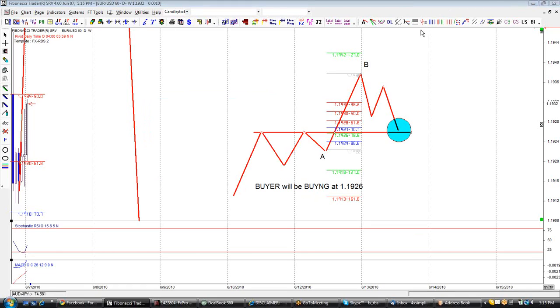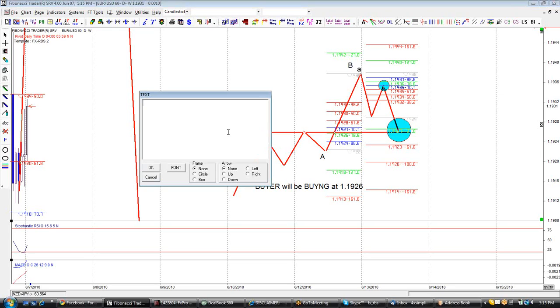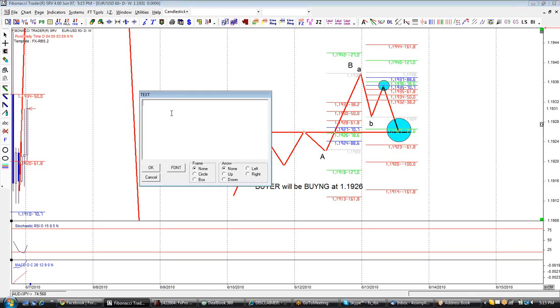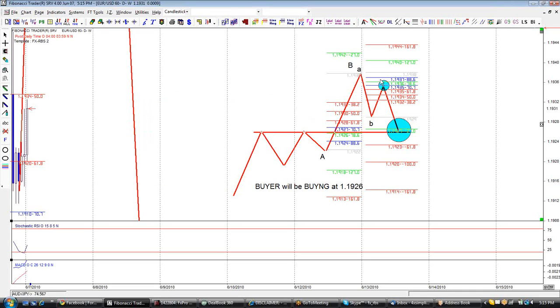Now let's think as a bear. A smaller intraday trader, let's say, shorted the market here. He has a small sub-swing, a small A. Here we'll place the B. Then we have C. The seller sells the C,